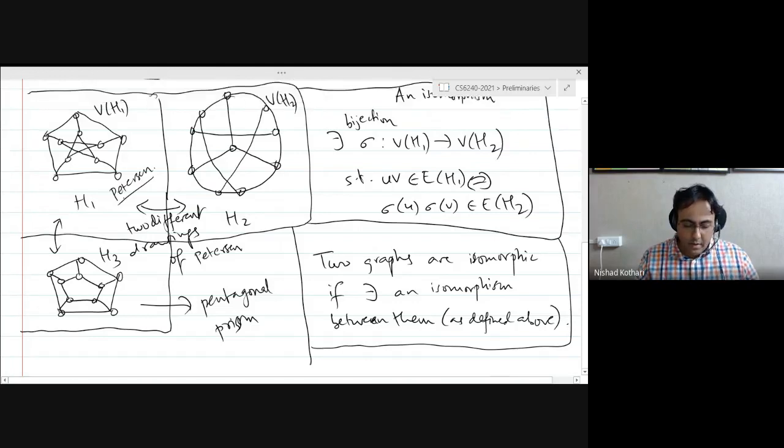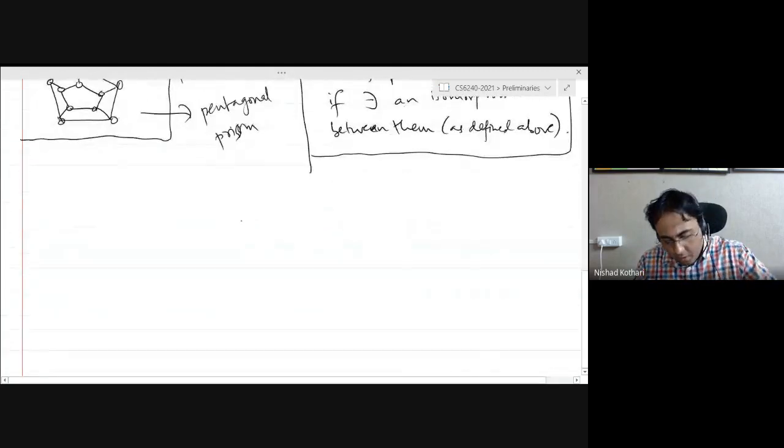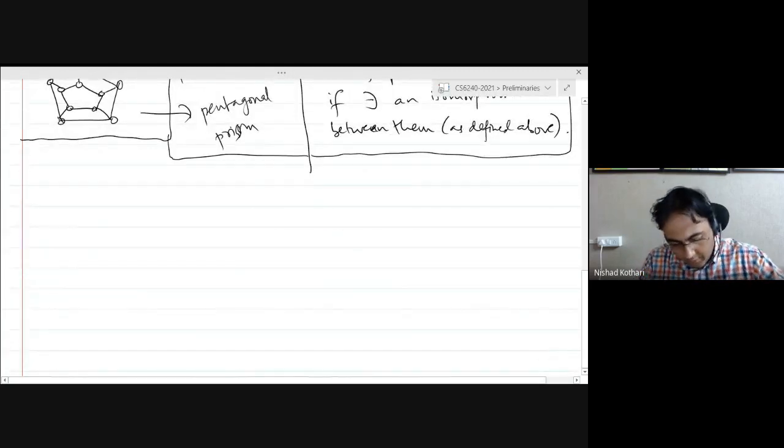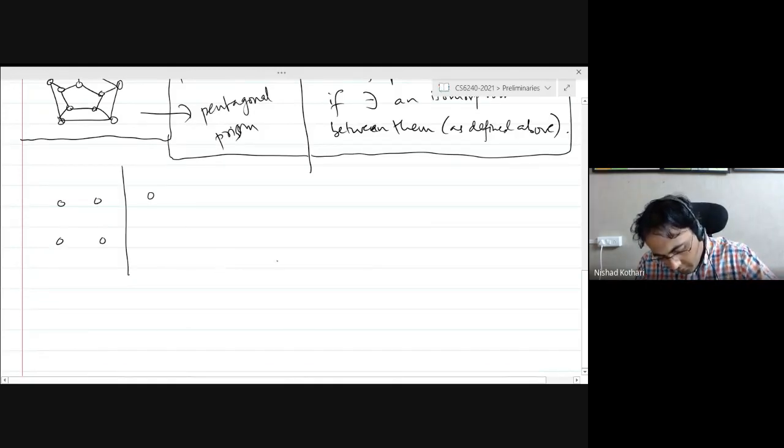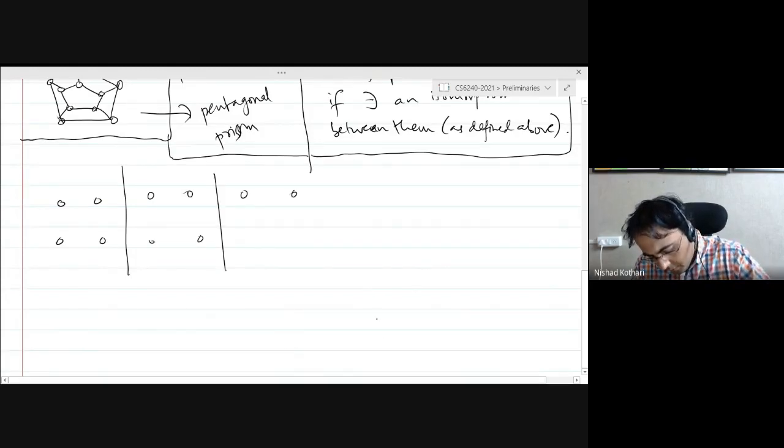All right. So now let's go through quickly all graphs on four vertices. All non-isomorphic graphs on four vertices. Since I already know the number, I will already put some number of four vertices here.